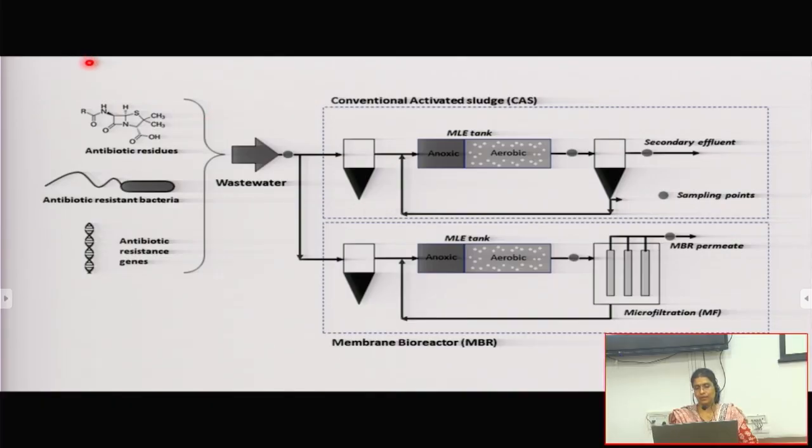So you have all these components. This is a representation of our genes and bacteria and all that. I'm having my conventional activated sludge, the CAS. Here you have the wastewater. We have anoxic and aerobic zones, because I'm looking at removal of everything, even nitrogen, phosphorus, carbon, all that. That is a different course on its own. Just imagine that this is an extended aeration, activated sludge system wherein, apart from removal of carbon, there's removal of nitrogen and phosphorus also.